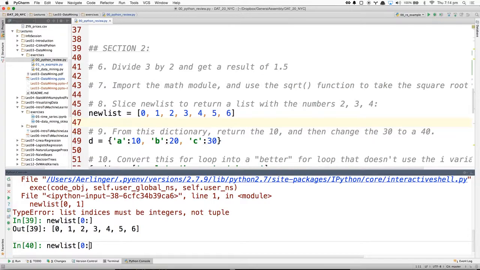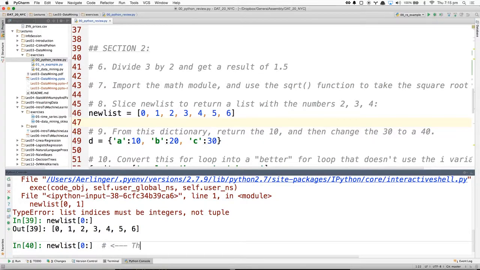So if I have new list, it goes to 6. I'll write it all up. In other words, each item in this list is actually exactly the same as its index. I can use what's called range notation.